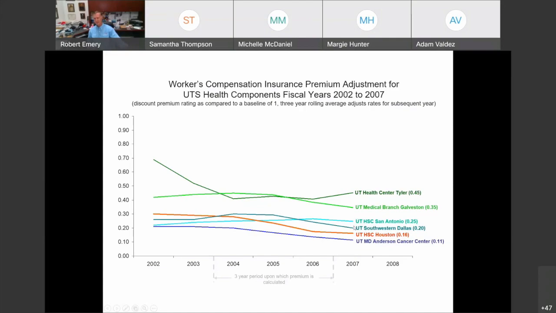And the reason we did that is that your mind is telling you, hey, there's something similar about all these guys. That's the reason we use that color palette to our advantage there, that all of these are a part of the health-related institutions for the University of Texas system. And here we are paying 16 cents on the dollar, which is second best amongst this cohort, with MD Anderson at that time being the best at 11 cents on the dollar.